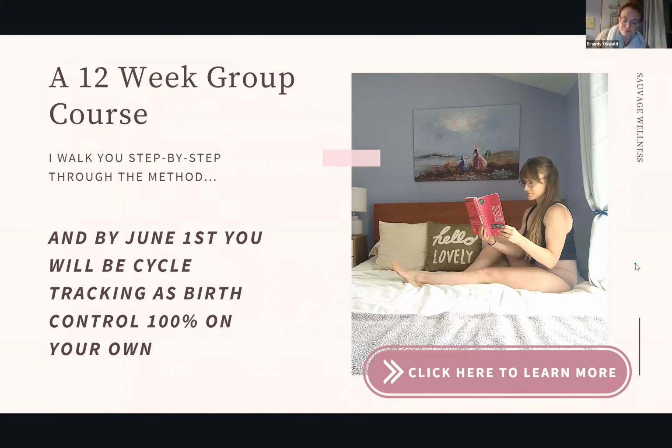So with the group, we will dive in even deeper to what you learned today. What we do is look at the cervical fluid, the temperature, the cervix, and we apply all the rules to use those as birth control. You get a ton of practice charts. So you're not just practicing with your own cycle, you're practicing with a lot of sample clients as well. You're interacting with the group, and you also get one-on-one sessions with me to apply everything you learn directly to your